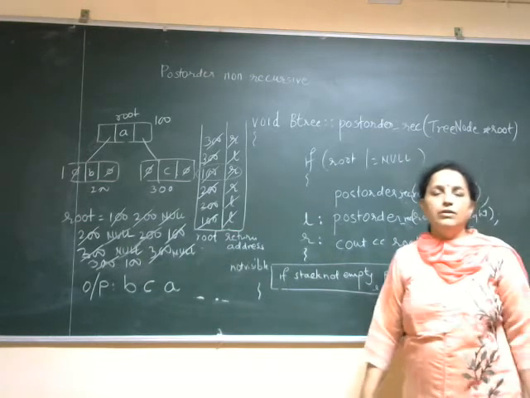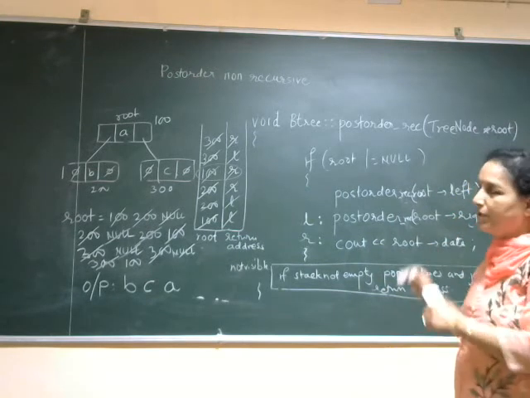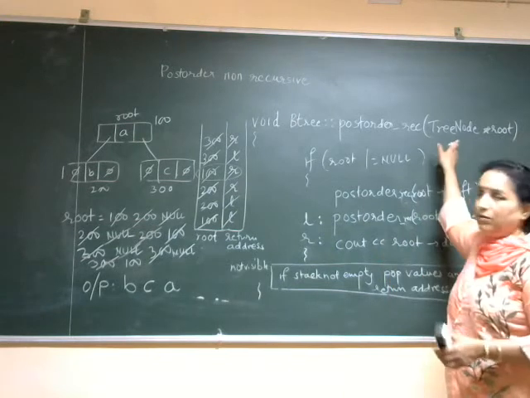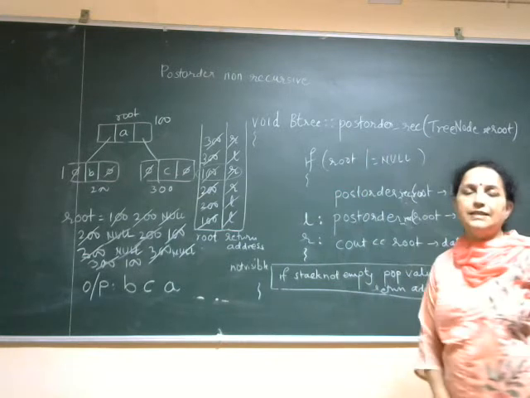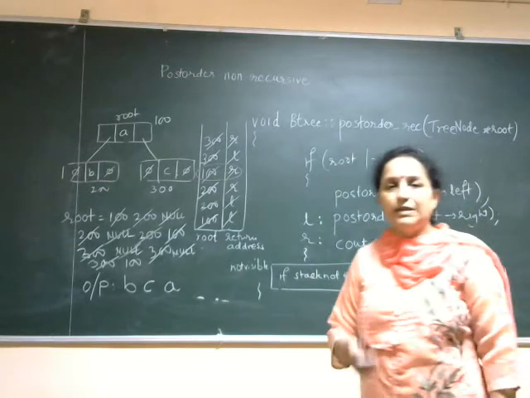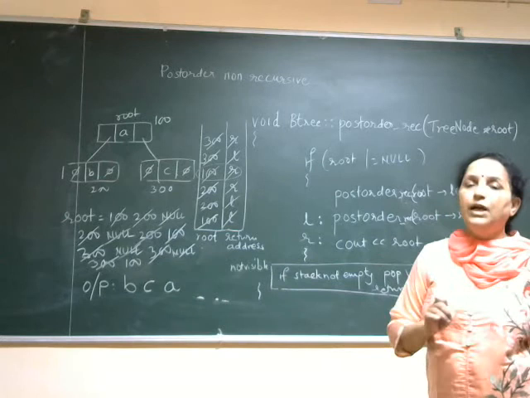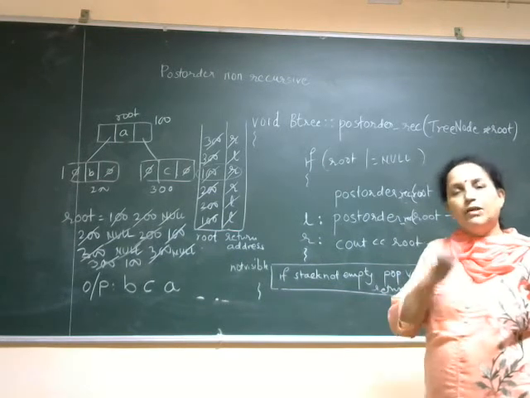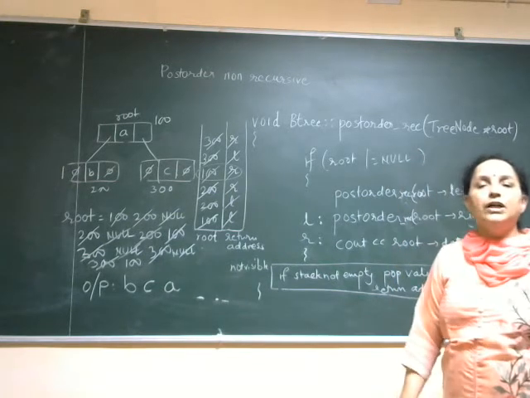So we'll try to write down post order non-recursive. So this is post order recursive. Okay. Now the logic is what? We have to take a root. We have to take one stack. Now over here internal stack is used. When we want to write non-recursive, we have to use our own stack. One stack is for node, another stack we have to use for return address. Okay, so there will be two stacks. One is for actual node, another one will be for return address.